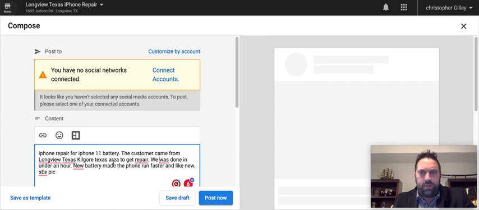You really need to have about 1,000 words of content or more on your main page, whether it's your home page, or if you have multiple locations, a location page. You could also have a services page with some of these on there.